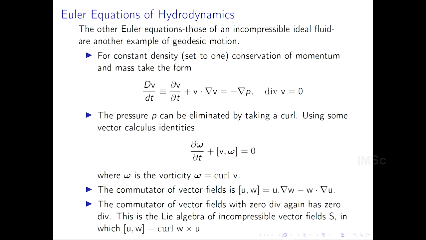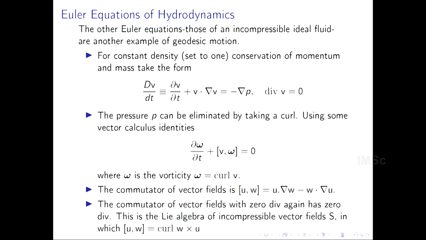Now, notice that there is no equation for pressure. That's because the pressure really is like a Lagrange multiplier that enforces the condition of incompressibility. So you don't really need a separate equation for pressure. There are 4 equations and 4 unknowns. So it is best to eliminate pressure from the problem, and you can do that by taking a curl. The curl of velocity is vorticity, this omega.